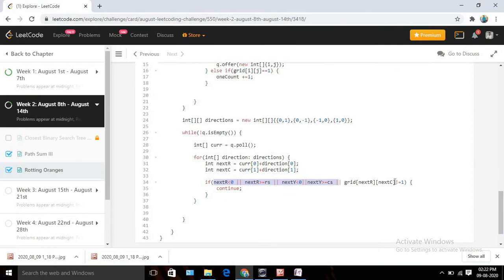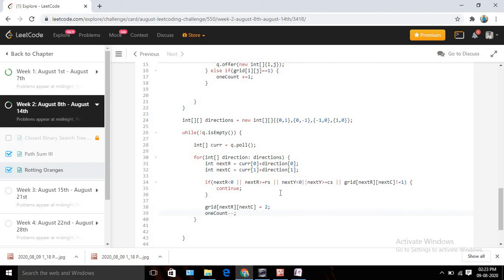Okay, so what else? If my value is 1, then I am going to change the value to 2, right? So that means that 1, the fresh orange, will become rotten, right? So let's write those logic now. So if it is 1, then we are going to make that 2, right? So grid next r, next c will become 2, and we are going to decrease one count, since we are decreasing the fresh orange count, right?